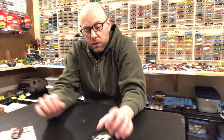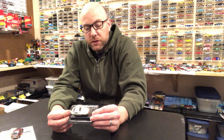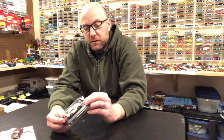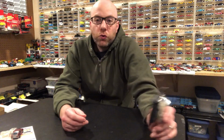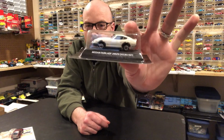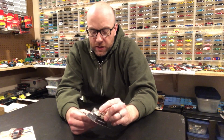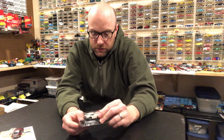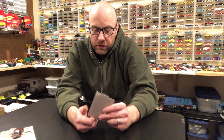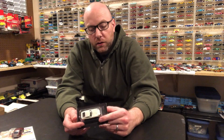And then we've got this here. This is a Nissan Fairlady 240ZG, 1971, also a Genos. This one is a Konami, and I got that one right there. This is actually sealed. It didn't come with the outer box, but it is still sealed in the package. So we'll go ahead and free the piece on this one in the second segment as well and take a